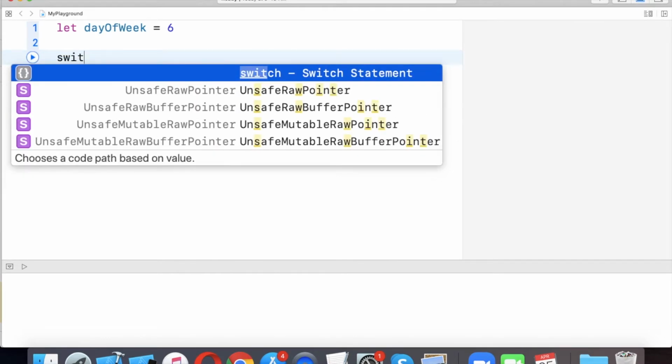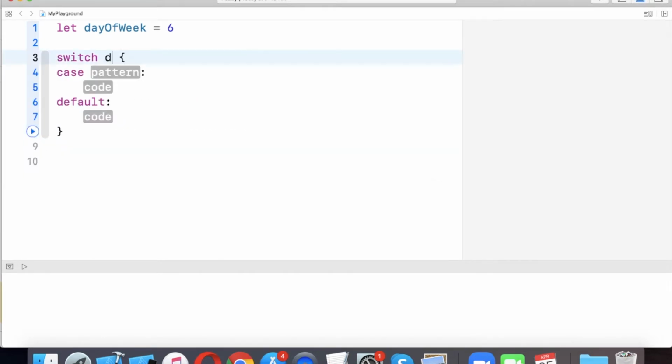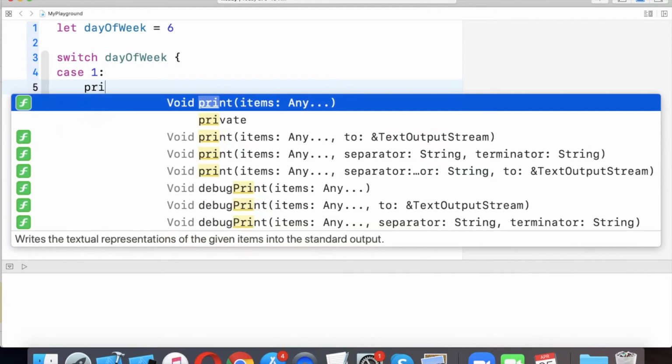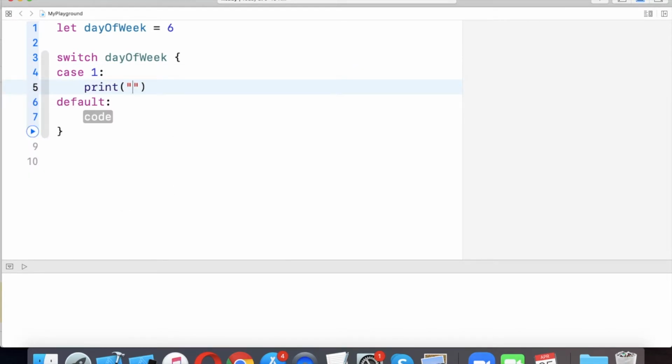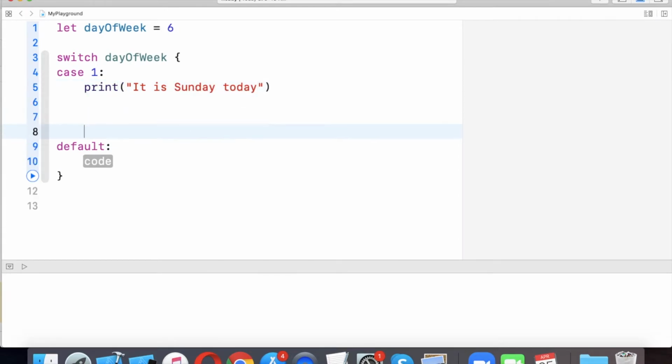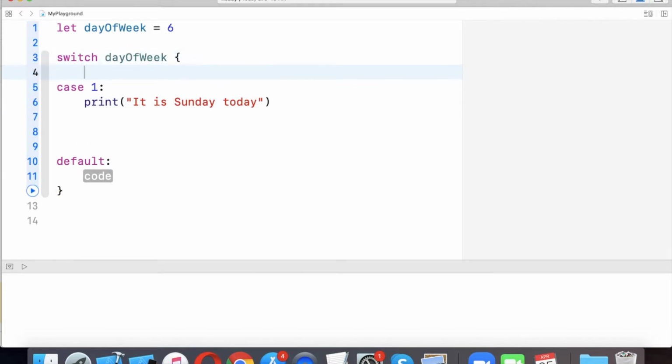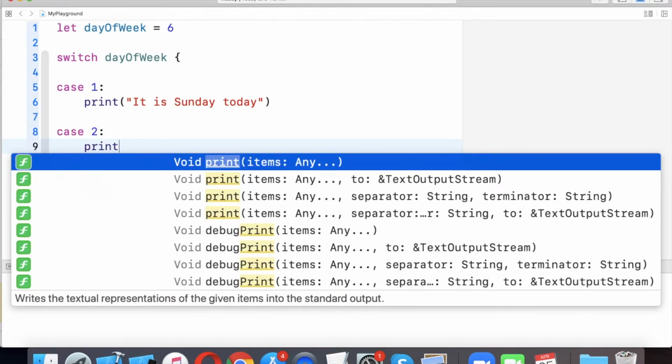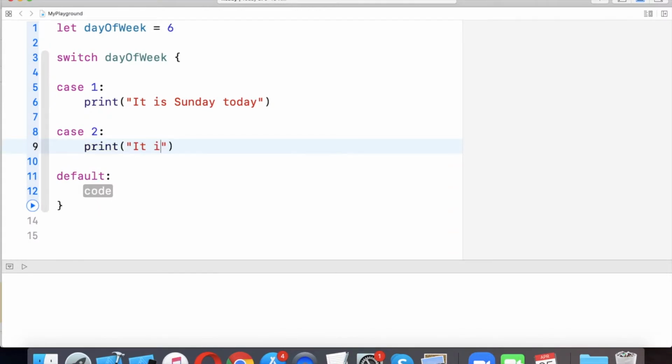I write switch dayOfWeek, case 1: print it is a Sunday today. On other cases I do the same. For case 2, I write case 2 and print it is a Monday today.